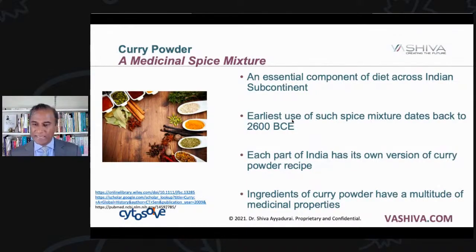So what is curry powder? Well, curry powder, you'll find out, is a medicinal spice mixture. The important thing is it's a mixture. It's not any one spice. It's a combination of a number of components, and it's an essential component of diet across the